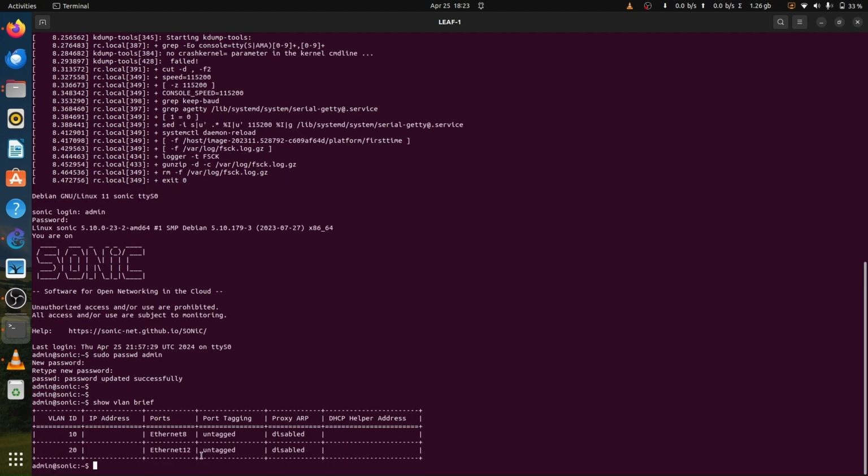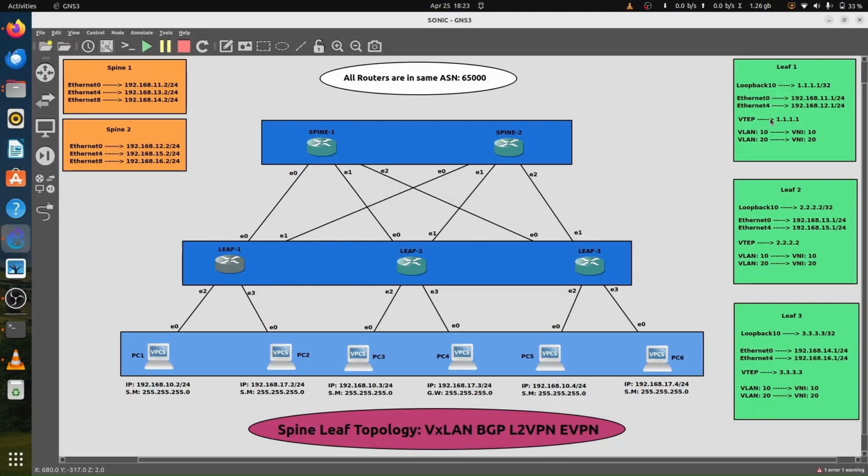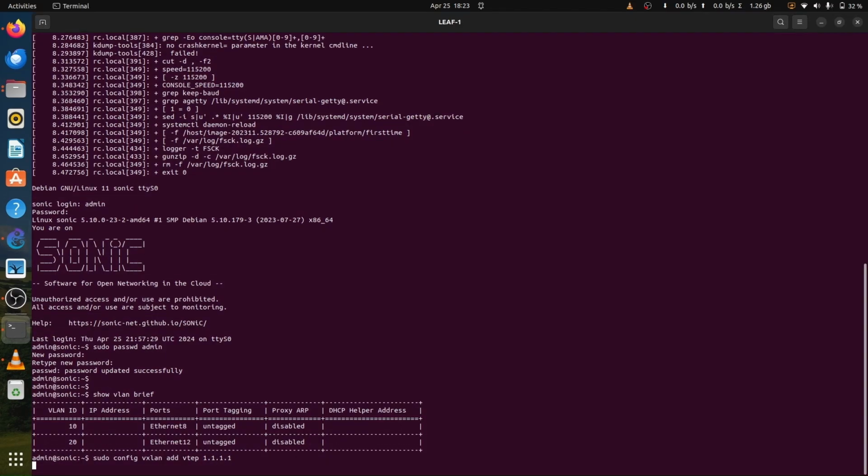So yes, everything is fine. Now create VXLAN by using command sudo config vxlan add VTEP 1.1.1.1. As we can see, for leaf 1 the VTEP is 1.1.1.1. Now I will use command sudo config vxlan evpn nvo add nvo VTEP,